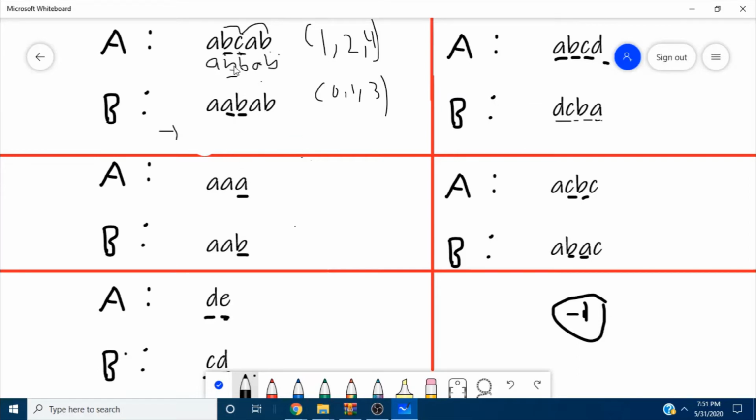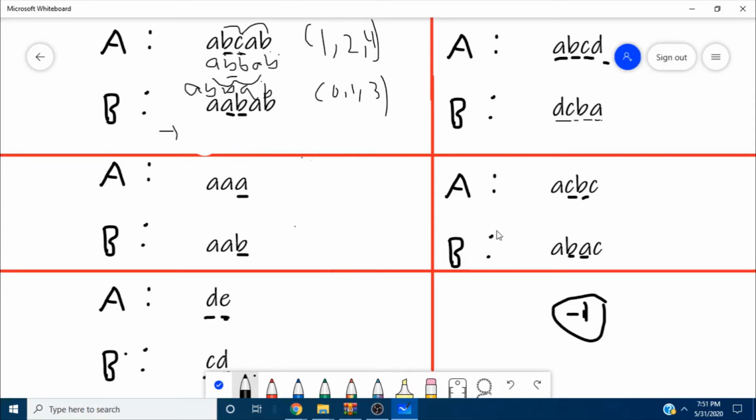To convert this character, we choose the subsegment 0, 1, 3. In this subsegment, the least character is A, so we replace all the characters with A. It will look like A, B, A, B, A, B, which is equal to string B.